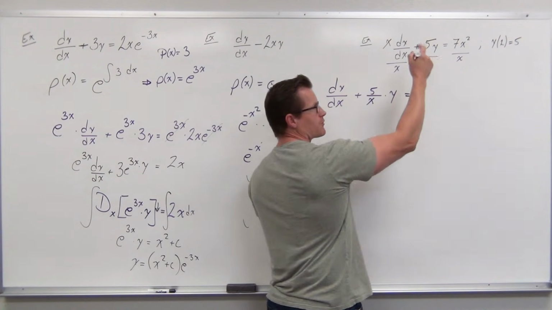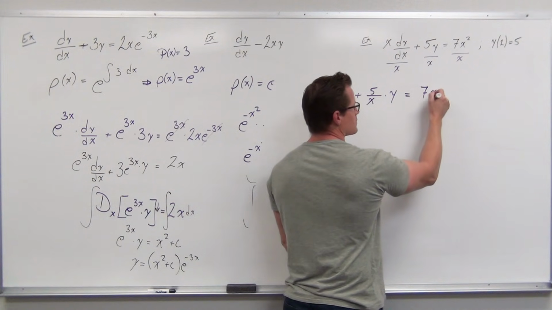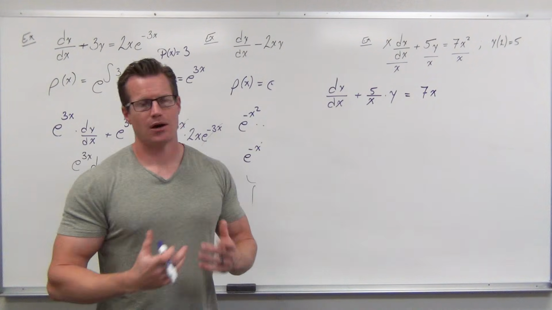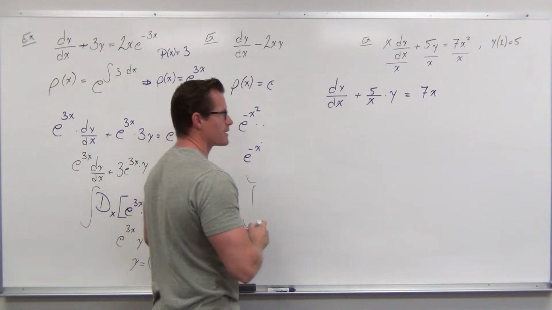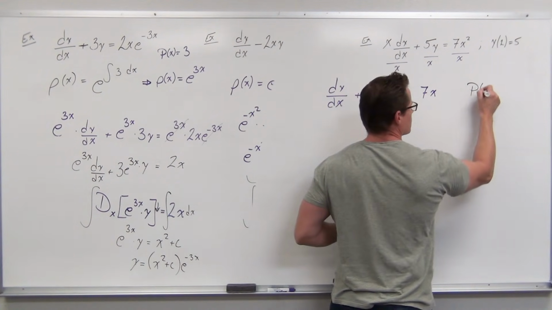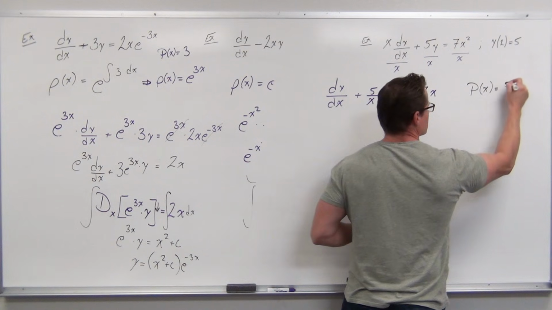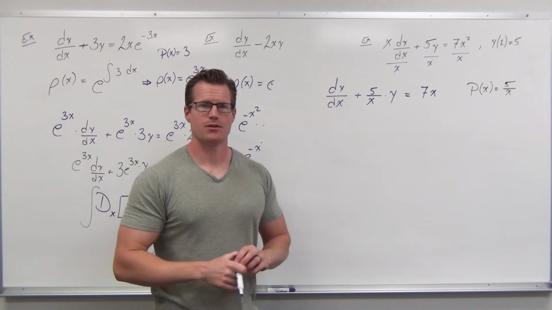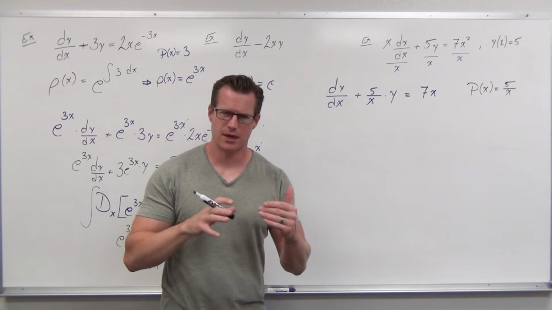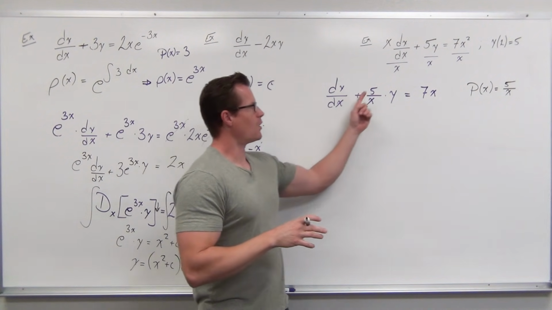On the right-hand side, feel free to simplify that. That's just 7x. Now that's linear. Now it looks better. Now it's something I could say, yeah, my p of x is 5 over x. Can I find the missing piece, the thing that when I multiply all 3 terms by it to complete my product rule,